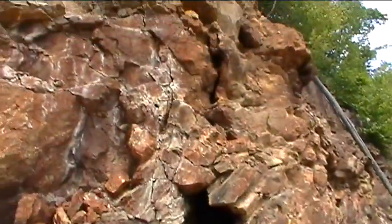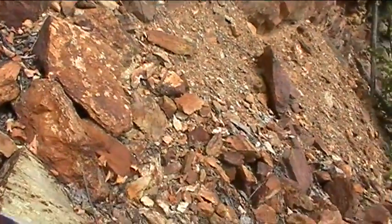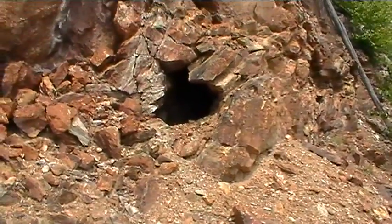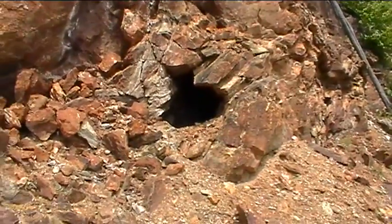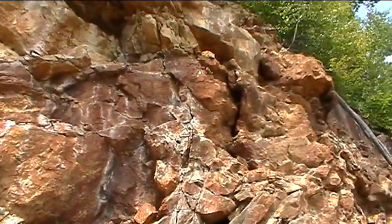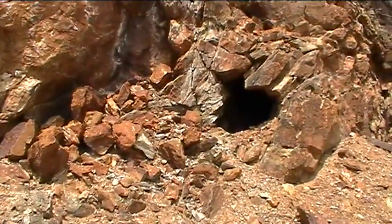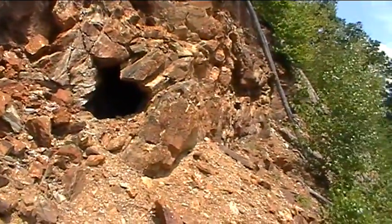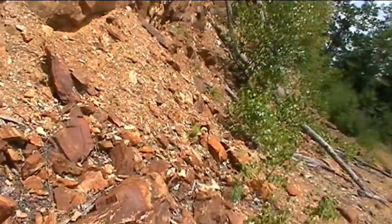That whole thing's gonna come down. Oh yeah. It's deep. Wow. Go check it out. No. Why? I'm not afraid of the hole. I'm afraid of all that crap up there. It looks like it's gonna come down. I know. Look at this pile of rock over here that was in here. Look at where we're standing. I know, it's all jagged, sharp stuff too. The cave's not my problem. The problem is,